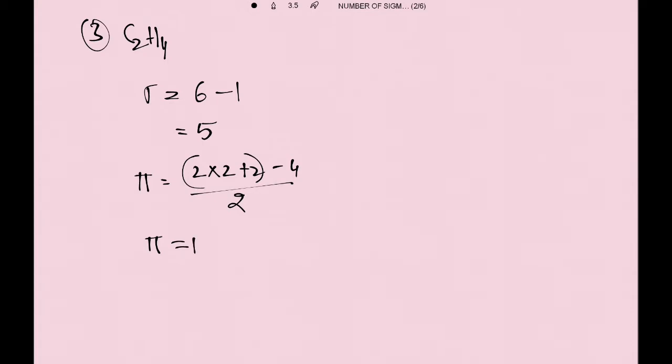You can see this by drawing the structure also. The structure of C2H4 is this one, where between carbon and carbon we have a double bond. And this is the structure of C2H4. So here we have 5 sigma bonds and 1 pi bond. So one double bond is nothing but 1 sigma and 1 pi.